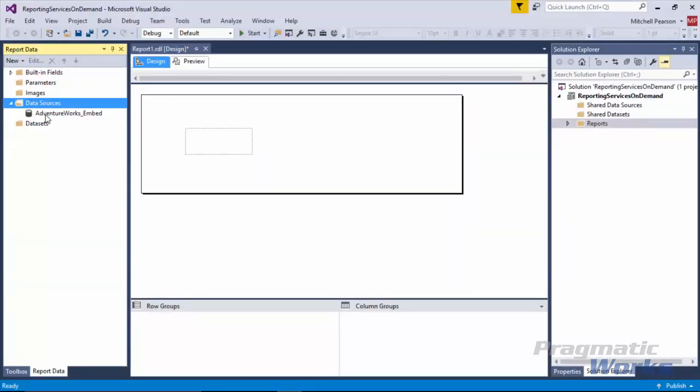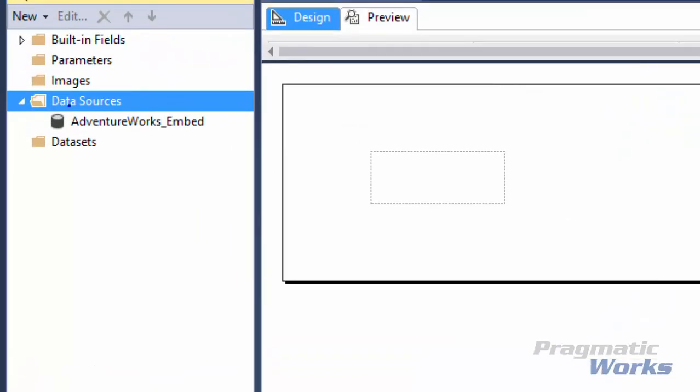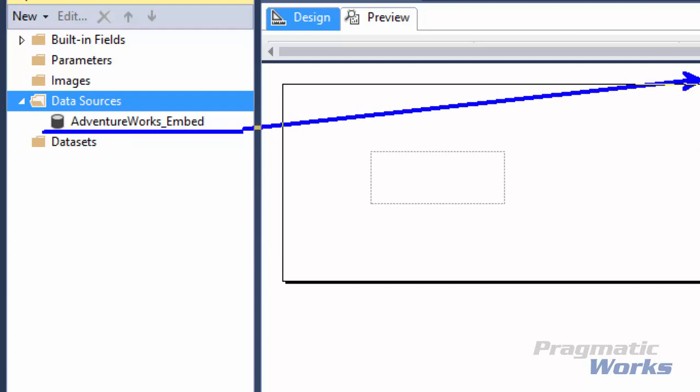Now, you can create an embedded data source or you can create a shared data source. If you are going to be using a data source like AdventureWorks, or a database from a server, and you know you're going to be using that database for a lot of reports inside of your environment, you absolutely want to create a shared data source. The reason for that is you cannot control if, at any given time in the future, the database name itself might change or the server name itself might change. And if I have created all of these different reports, and in every single report I'm creating these embedded data sources, and I'm not using a shared data source up here on the top right, which I'll show you how to do in just a moment,